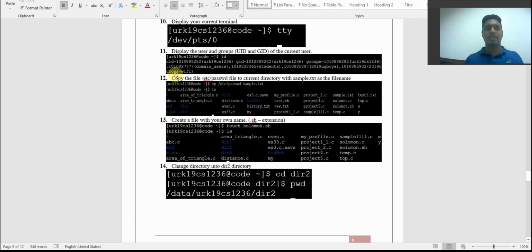Next, copy the /etc/passwd file to the current directory with sample.txt as the file name. So our file name should be sample.txt. That should be copied into our directory.